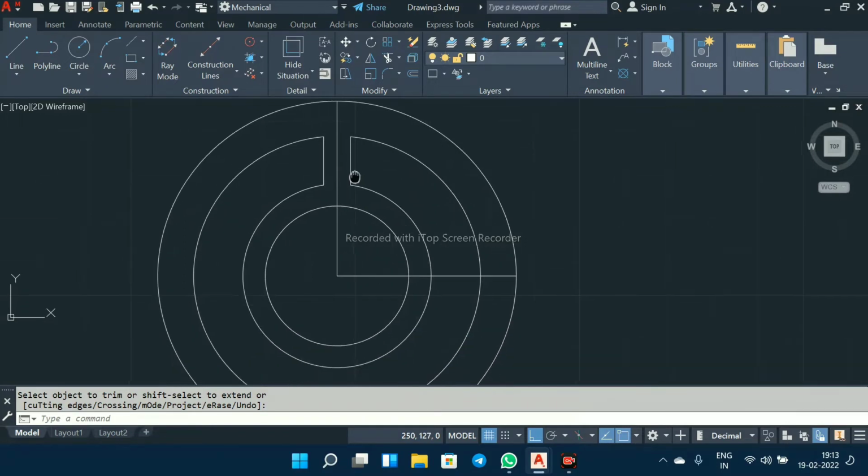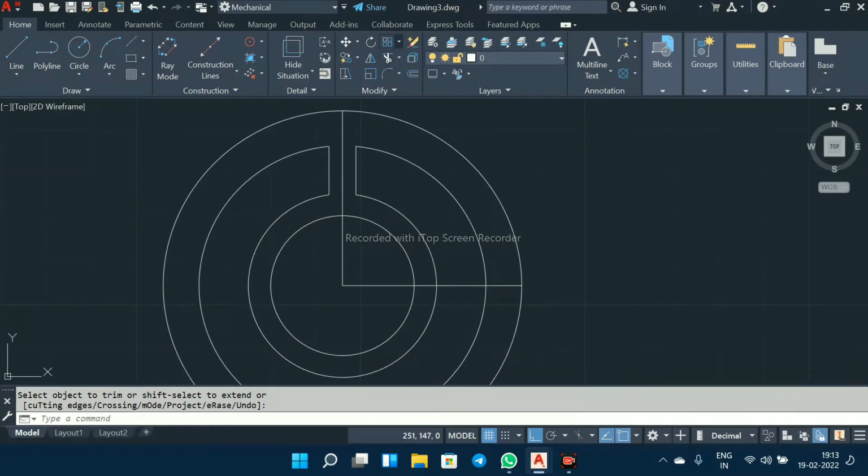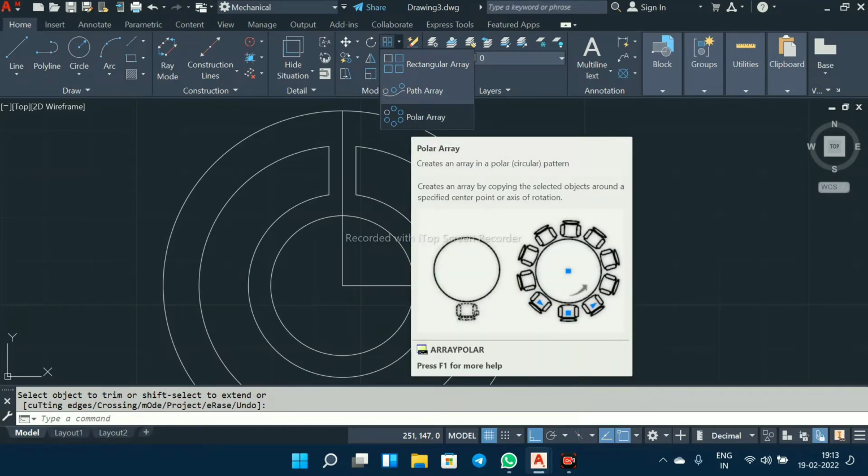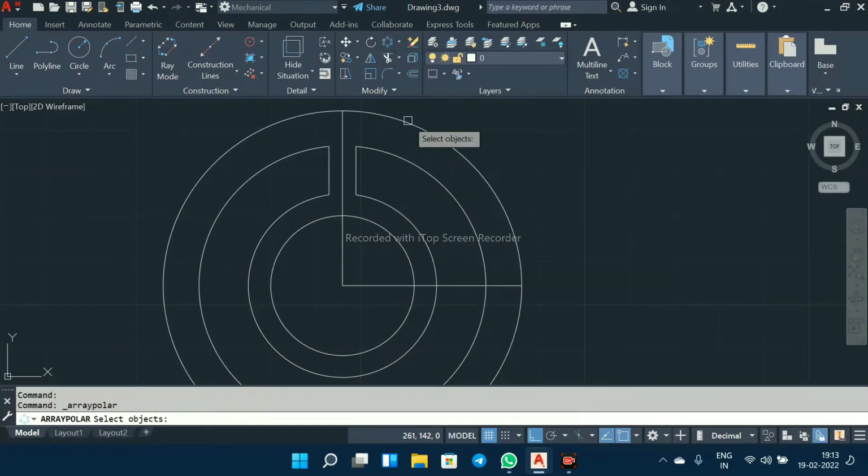Now for this I will choose the array command, that means pattern. Select polar array. The shortcut will be array polar. It will create objects in a circular pattern. Select the objects, then right click. Select this point, the center point.